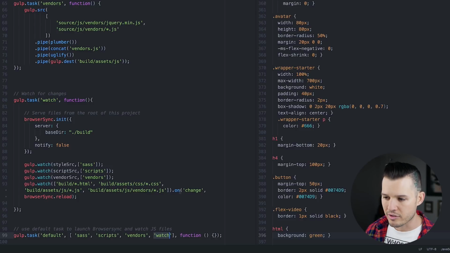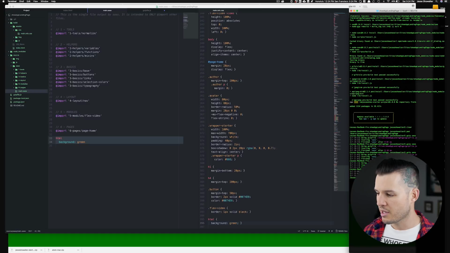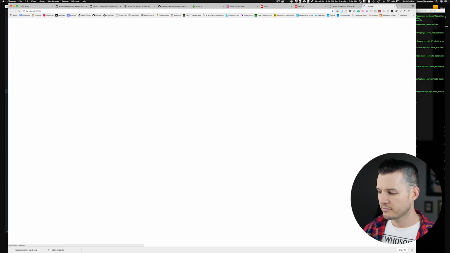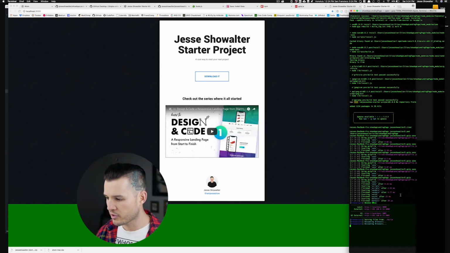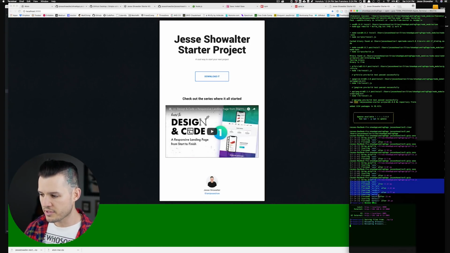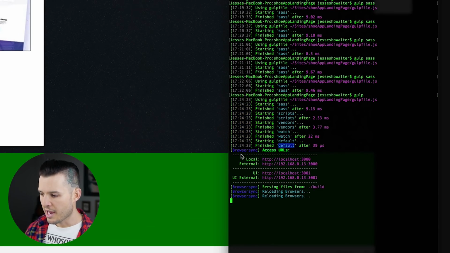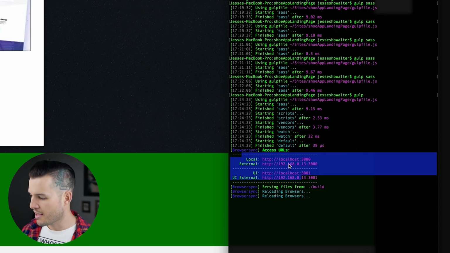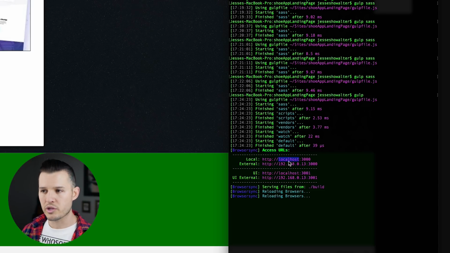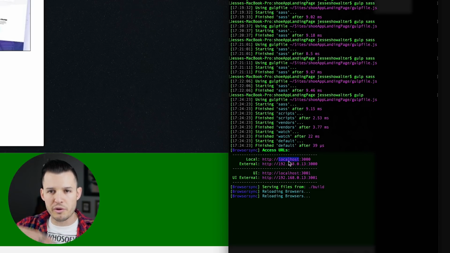So now what we can do is, instead of going back and forth, I can come over to my project, I can write gulp, and it auto-launched the browser. Right? If we look back at our terminal, it's done all of its job. It's processed everything we wanted it to. Then it ran the default command. It created a local server for us using this awesome thing called browser sync. And then it's given us a URL that we can use in our browser here and also on our mobile device. So as you refresh, it refreshes everything.